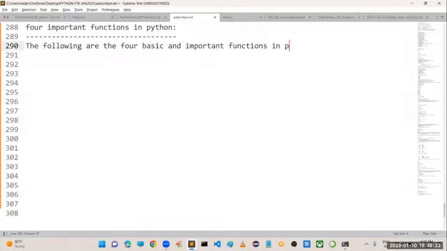important functions in Python. The first function we know very well, print, which is used to print an object on the screen. The second one is id, which is used to get the identification number of that particular object. The next one is type, which is going to return the type of the object. Like this we have three functions, and one more function, sys dot getsizeof. These are the four important functions we have in Python. Of course we still have so many functions, but these are the important ones.